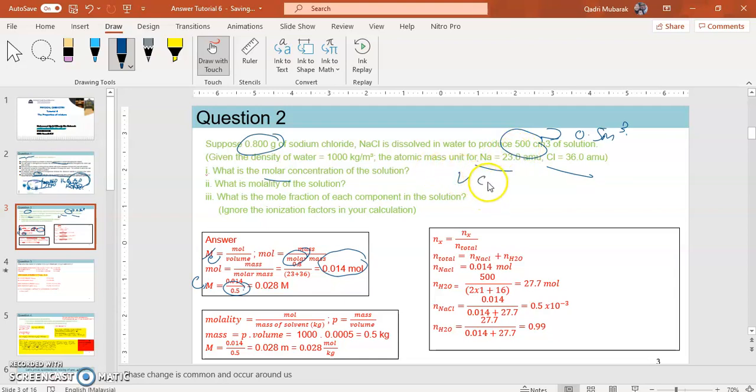Now we have cm cube, so we need to know how to convert cm cube to meter cube. So convert it, so we have to get 0.5, and then the molarity for this concentration is 0.028 molar, or we can say mole per